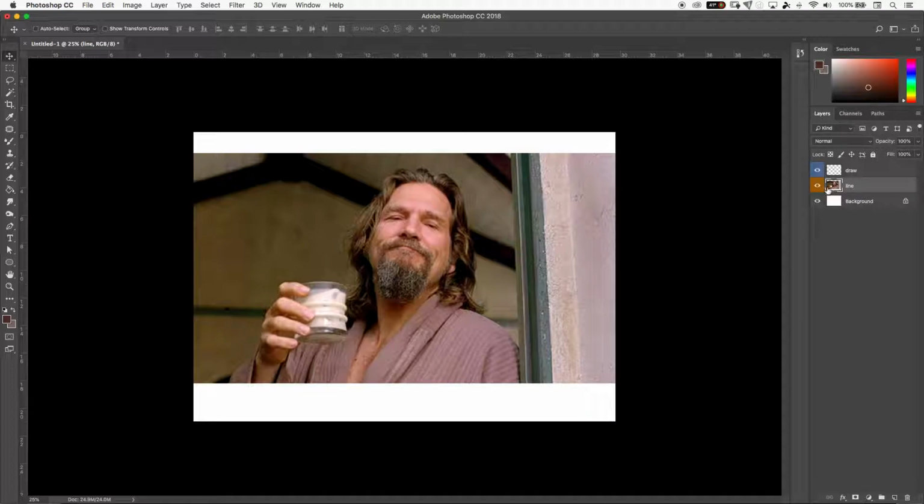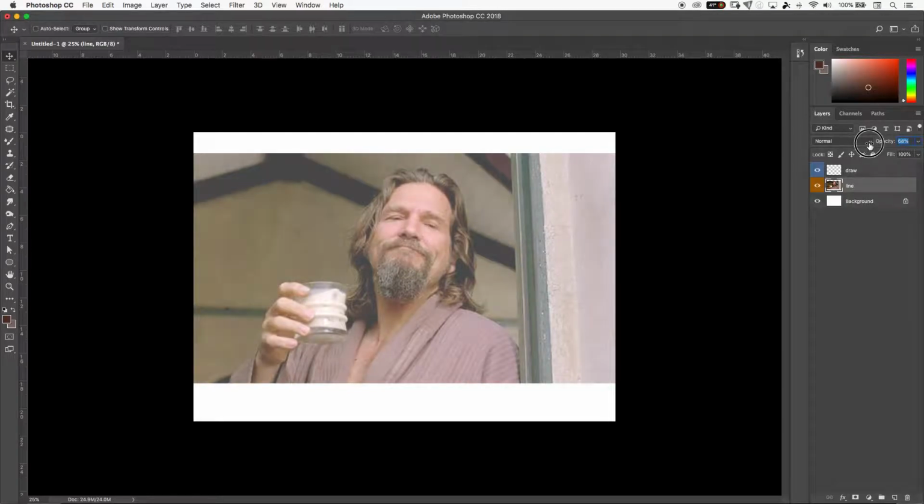The line layer, I'm actually going to lower the opacity of, and in the layers panel you can see there's an option here that says opacity. There is fill as well. It'll appear to do something similar, but there are some differences which again we'll get to a little bit later. I'm going to drop the opacity, and the reason why I'm doing this is when I start drawing over this, I want to make sure I can see my line work, and as we continue we're going to lower the opacity, and eventually we aren't going to see the background,